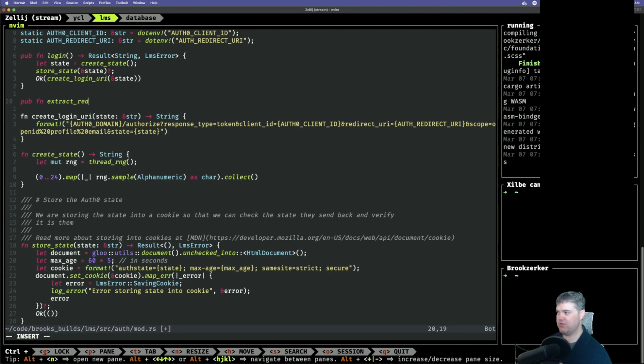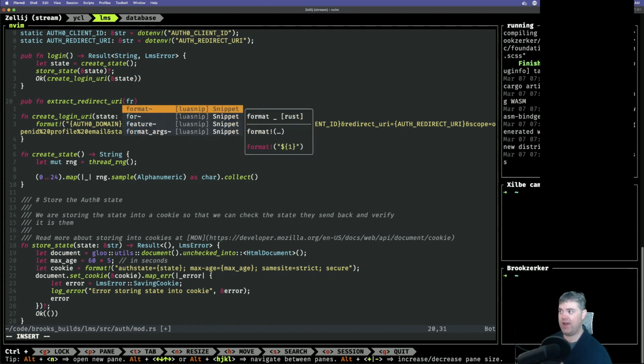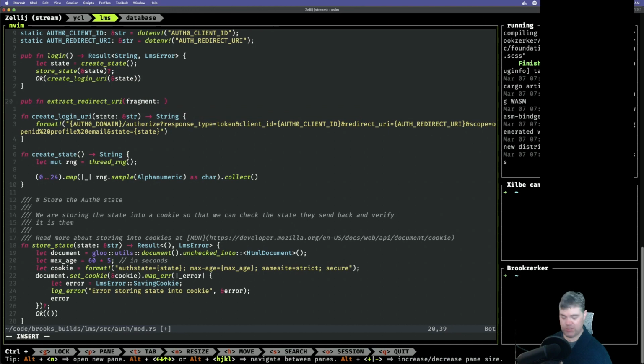Maybe it's just extract redirect. Extract redirect URI. Maybe that's what I'm working on. I'm going to take in the fragment, which is a str, and we're going to return